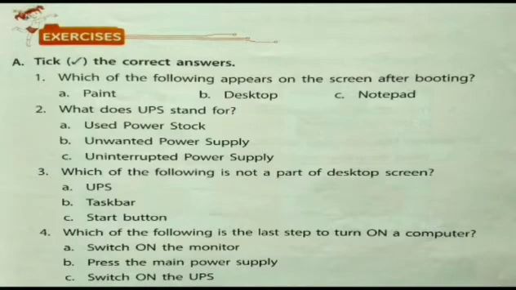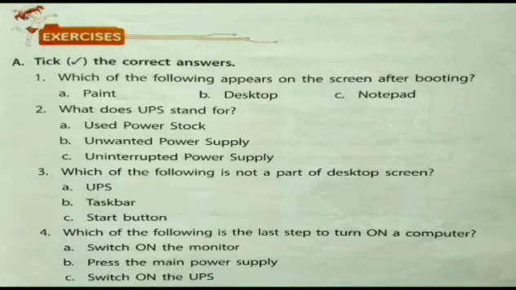Third, which of the following is not a part of desktop screen? UPS, taskbar and start button. So in the previous image we have seen taskbar, start button and icons were displayed on the desktop screen. But UPS, no. UPS is a small box which provides power supply to the computer.